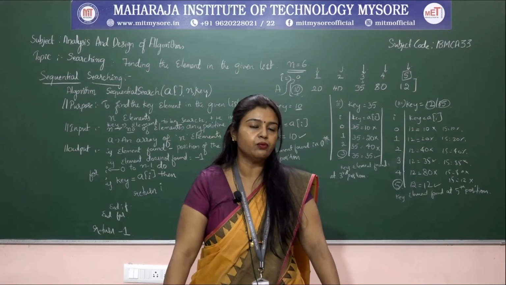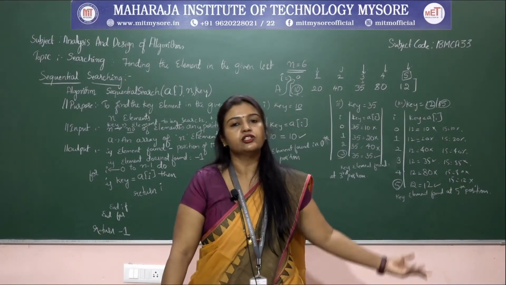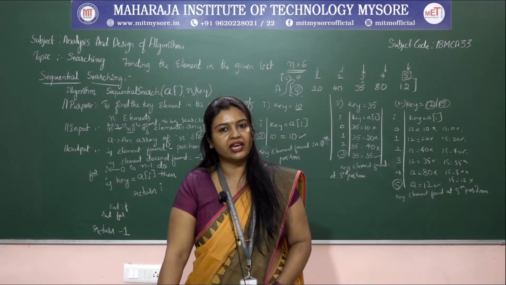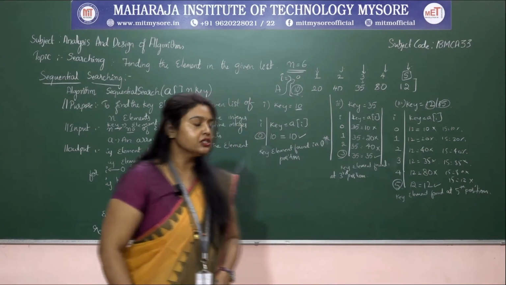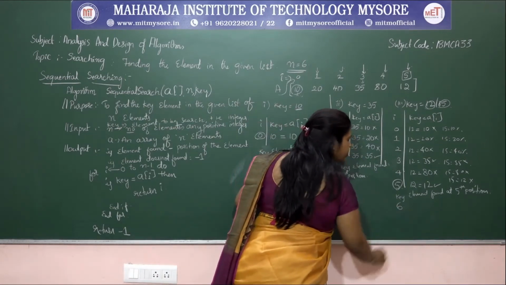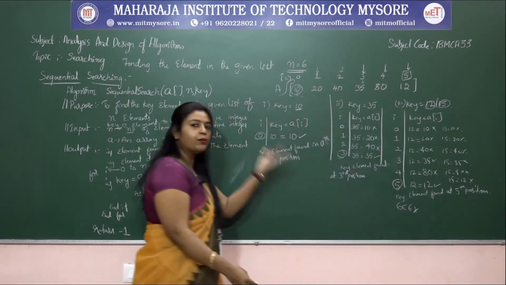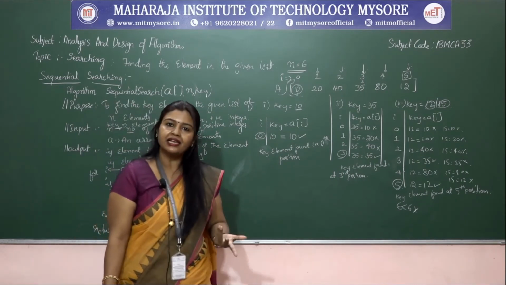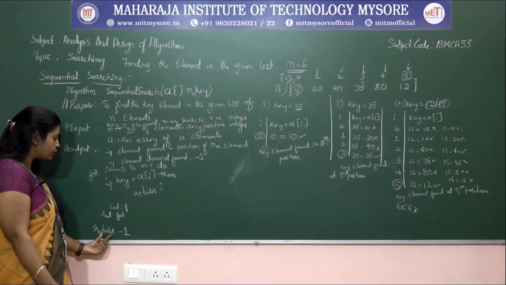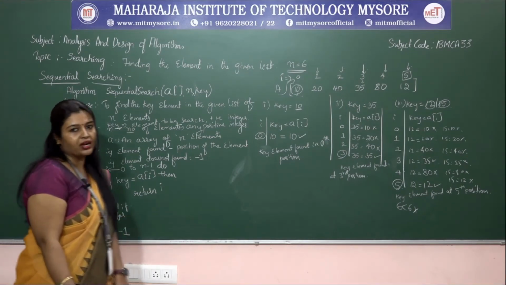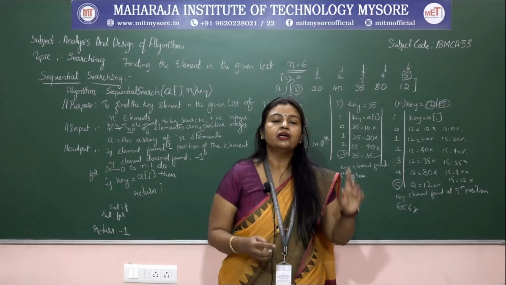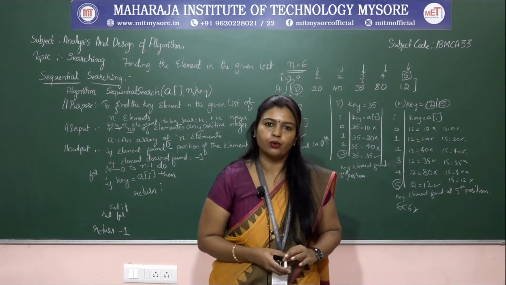So that means the 15, the key element we are searching for, is not present in the array, right? So that is an unsuccessful search we can say. So what are we going to return? All the for loop, I gets incremented, it will be 6, and 6 less than 6 is false, so it will come out of the loop. Why? Because you have only 6 elements, right? So once it comes out of the loop, we are going to return -1, saying the element is not found.